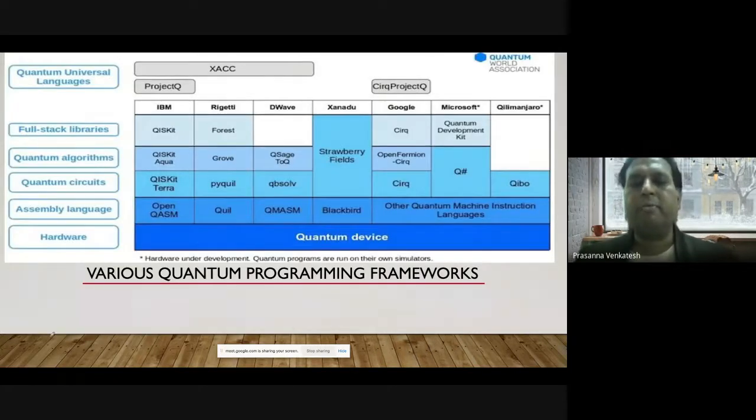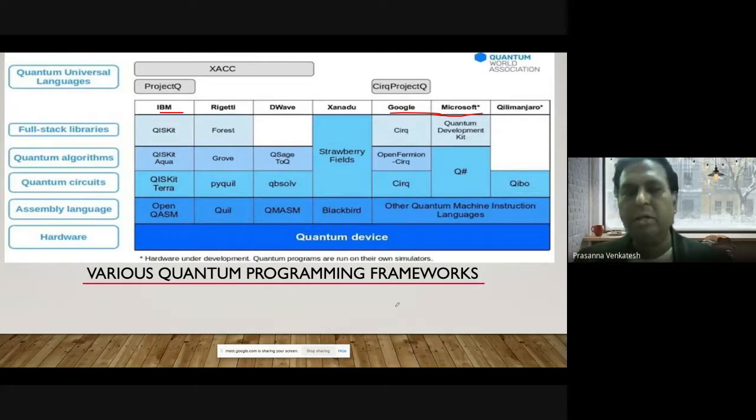Let's look at the programming perspective. Who are the different players in the market, and what kind of languages, frameworks and tooling ecosystem is available so that you can start programming on quantum computers from today? If you look, there are so many players, and among them 3 stand out: IBM, Google and Microsoft, the top players having a full stack for your quantum machine learning processing.